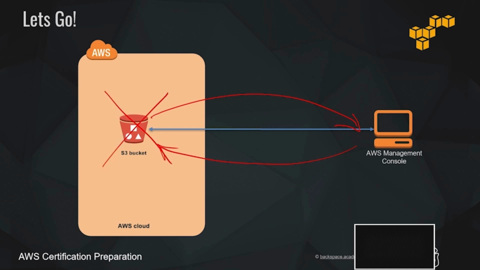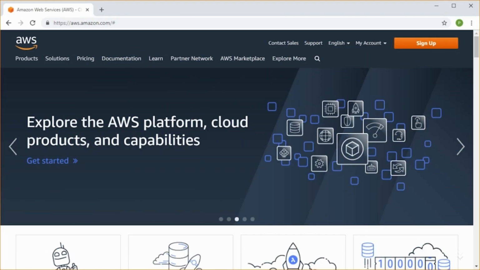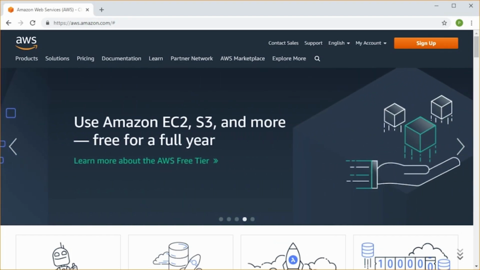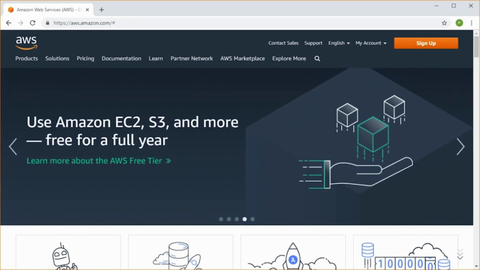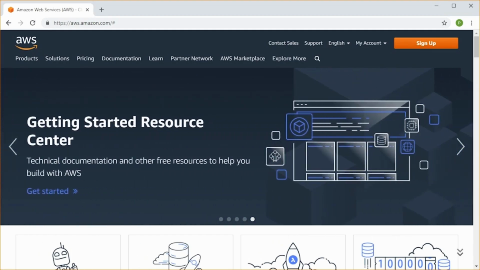Now, there are lab notes for this lab and the further ones coming up. So make sure that you download the Introduction to AWS lab notes that come with this course, and let's get into it. Before we start the lab, you need to make sure that you have signed up for an AWS account. If you haven't, click on the sign up button up here at the AWS website. Once you've completed that sign up process, make sure that you take note of the email address and password that you used to sign up with.